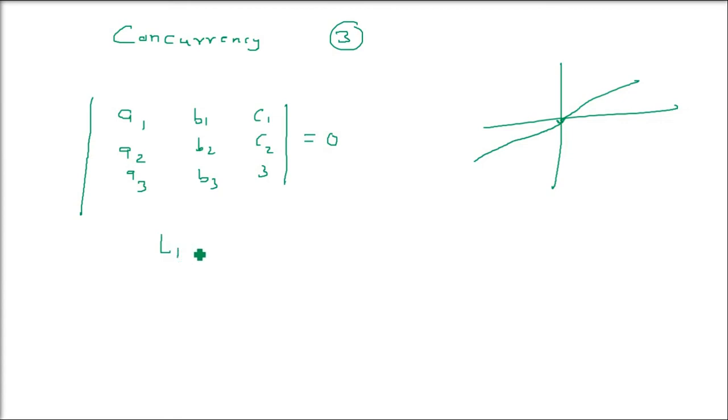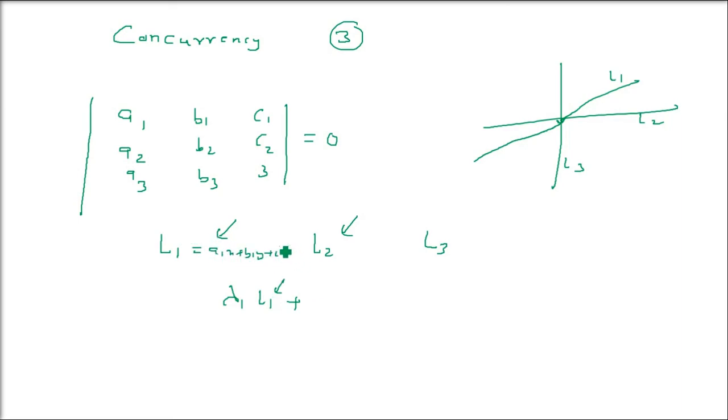There is one more condition that can be there. Assume L1 is the first line, a1x + b1y + c1 = 0, L2 is a2x + b2y + c2 = 0, and L3 is a3x + b3y + c3 = 0. We have three lines and they are concurrent if there exist constants lambda 1, lambda 2, lambda 3, not all 0, such that the condition is lambda 1 L1 + lambda 2 L2